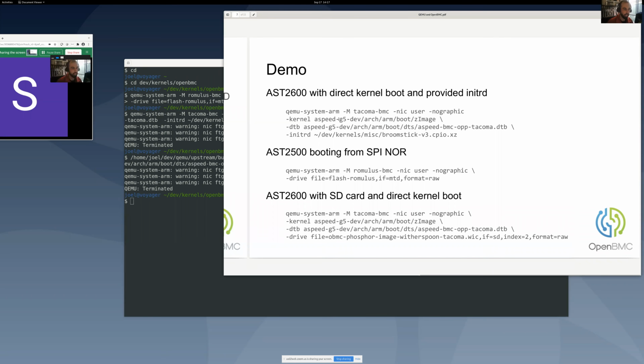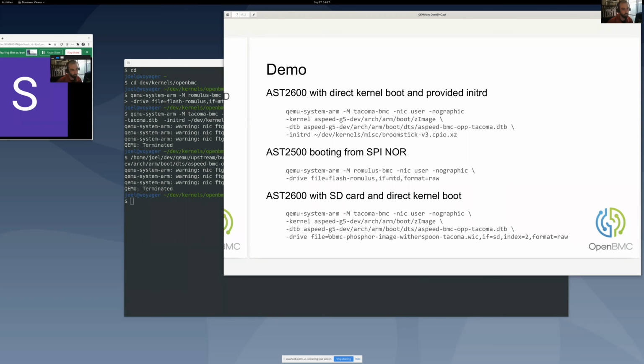So that's directly booting the kernel. So the big difference there is we don't go through U-Boot. We load the kernel straight to RAM and run it from there. So it's not quite the same boot process, and you can't test quite the same things. But for lots of use cases like developing kernel drivers, that's a really good way to test your kernel changes and debug them. The other way that we can use QEMU is